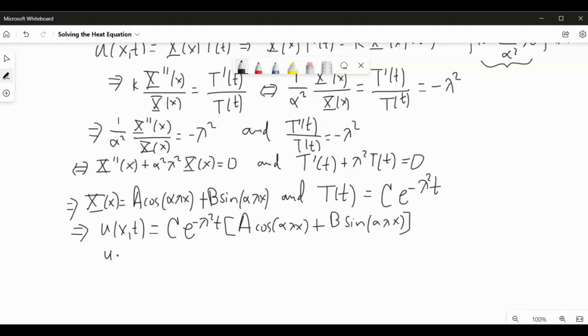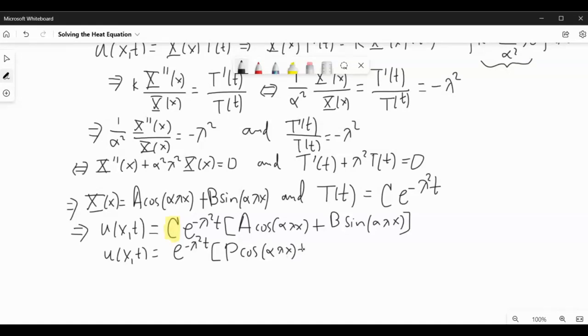And what I can do here is distribute the factor c into the bracketed expression and then rewrite this as follows. So e to the negative lambda squared t times p times cosine of alpha times lambda